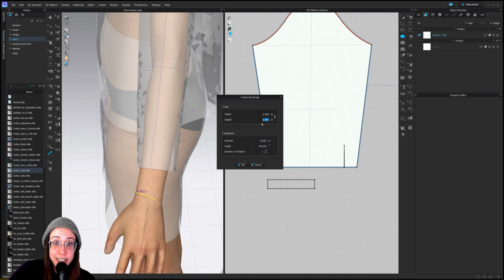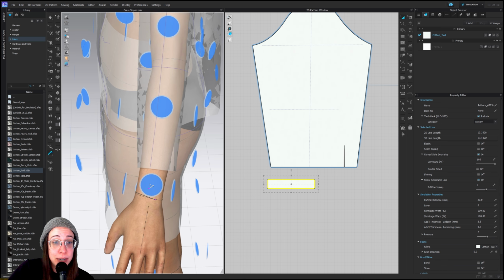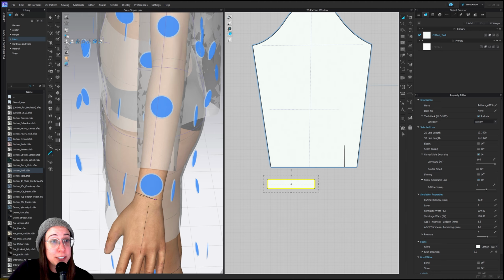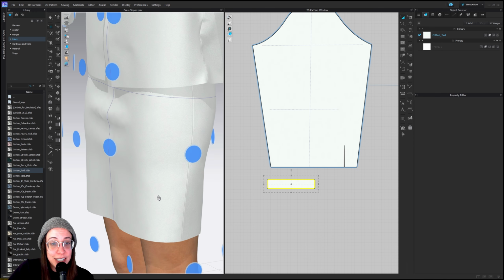Let's go for a dainty little cuff. One dainty inch. And we are going to use the arrangement points. This is the way we can wrap things around her. So we can turn those on by hovering over the little avatar button in the 3D options menu and choosing the little blue dot guy. So then with this shape selected, and not using the edit tool, the measure tool, we can click on that blue dot,